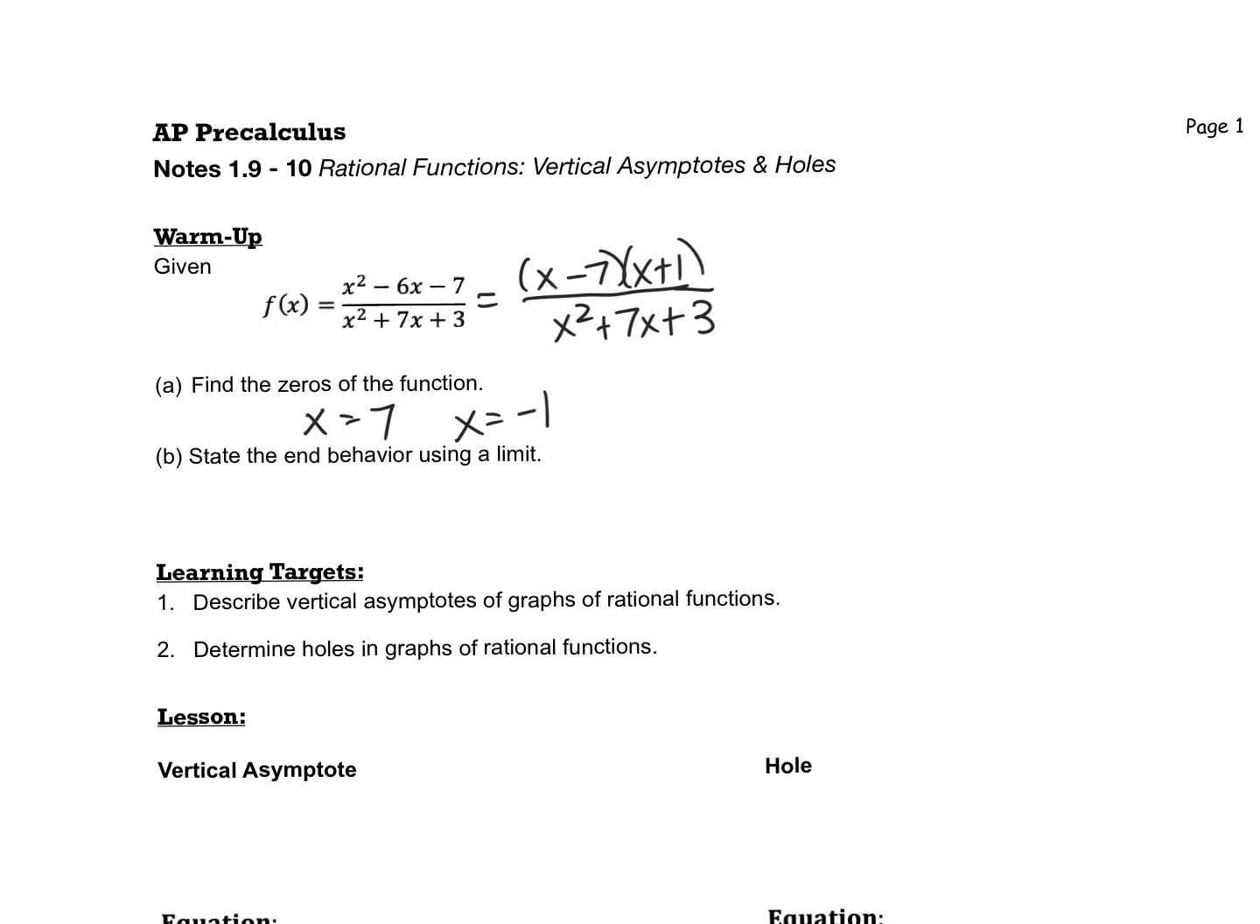Now, it does ask me to address the end behavior using a limit. And so if we're going to talk about the end behavior, I can go back and think about all those rules we talked about yesterday or the day before in terms of what's going on between my numerator and my denominator. Well, the highest degree term of my numerator is x squared. The highest degree of my denominator is x squared. So since they match, we do the ratio of their leading coefficients. And so we know that means I'm going to have a horizontal asymptote at y equals 1. And so if we think about the limit,